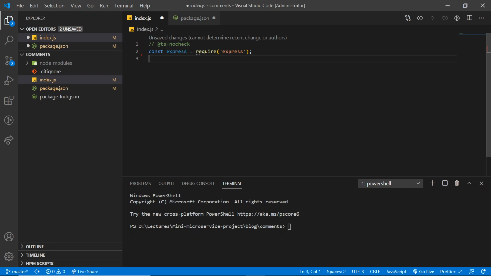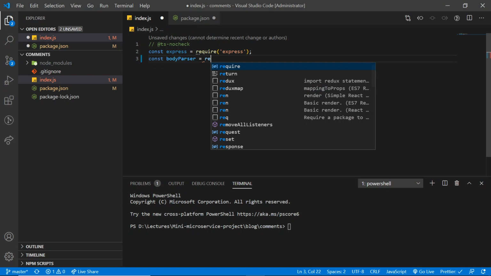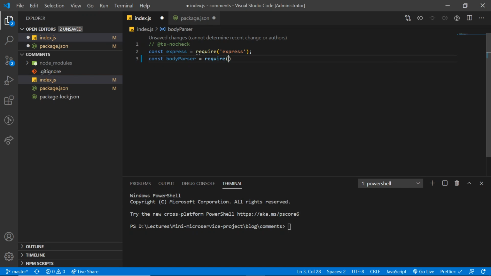Then body parser. And I'll get that random bytes function that we are using to generate random IDs.